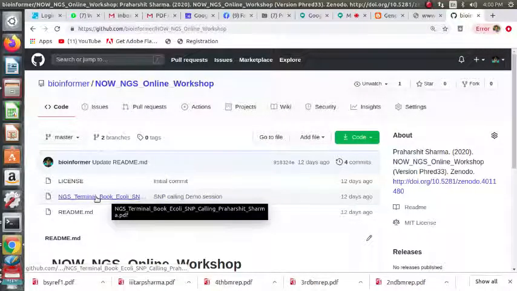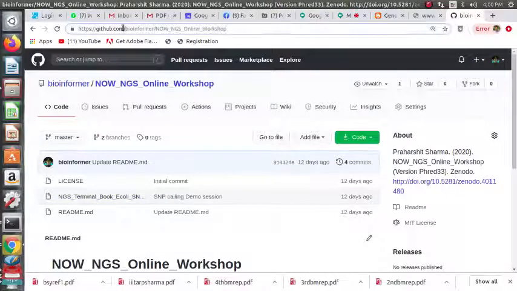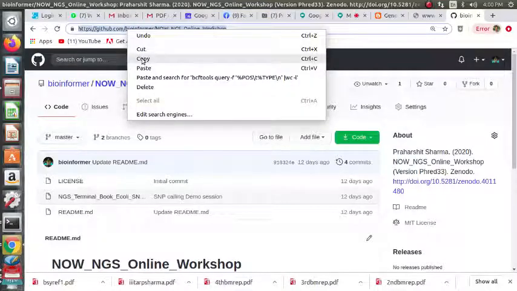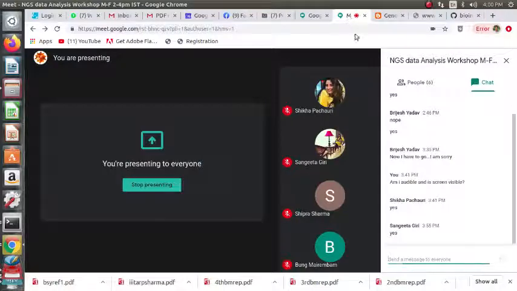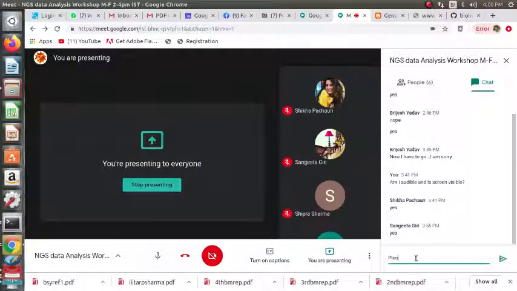Yes, this second PDF you have, the terminal book. Exactly, you can follow all the steps. The only difference is that instead of doing BWA, you do Bowtie. It's not done in the manual, and not in the protocol either. I'm again mentioning the link. Please, let's all do Bowtie to VCF for E. coli.